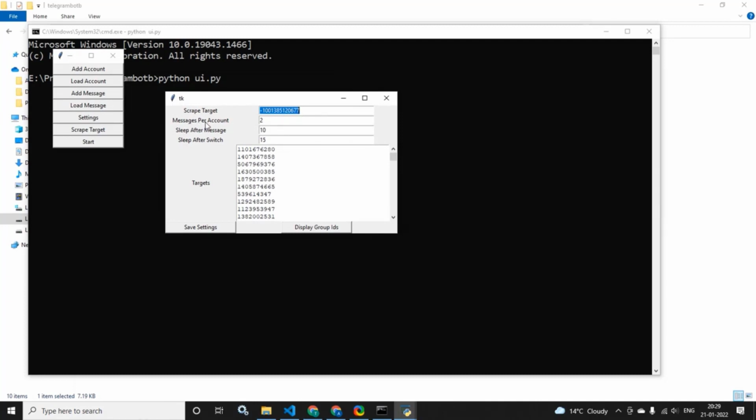So the deal is Telegram has its limitations, right? So you can only send like 40 messages or 50 messages a day or something like that. So you will have to use multiple accounts if you're trying to send messages to like 200, 300, 400 people or more. So that is why messages per account means the bot will,